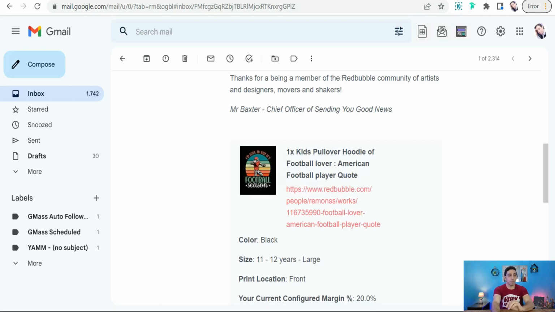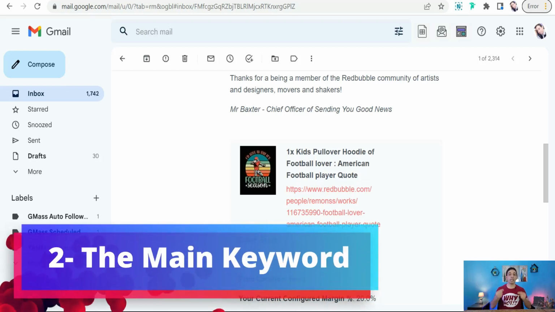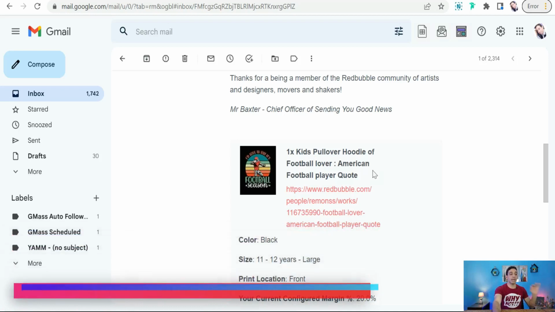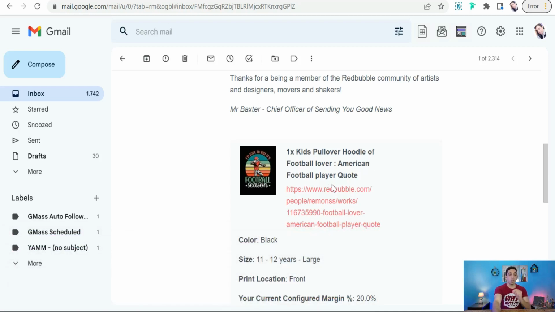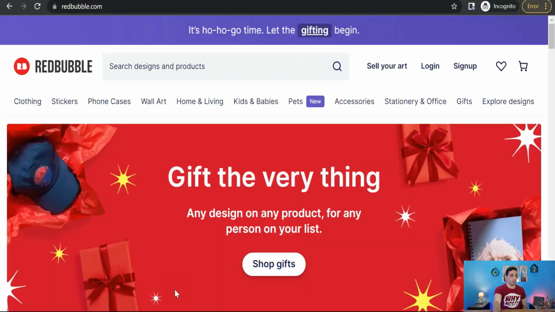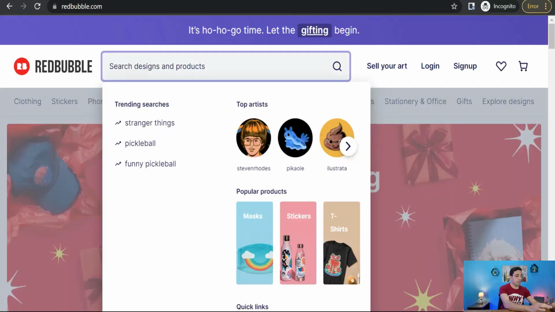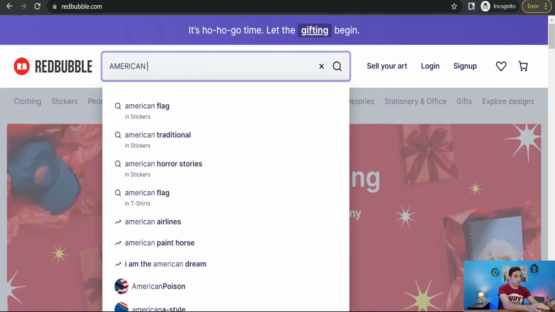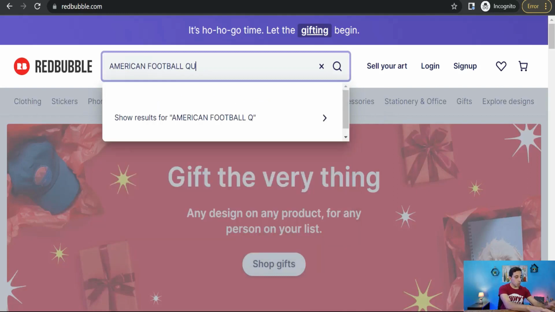As you see, my title consists of 2 parts: football lover and American football player quote. So here you have to select the main keyword of your design that has less search results or is less competitive: football lover and American football player quote. So if you have a look at Redbubble on the home page, here we can look for something about football, American football lover quote, and something like that. For example, you can type here American football quote,